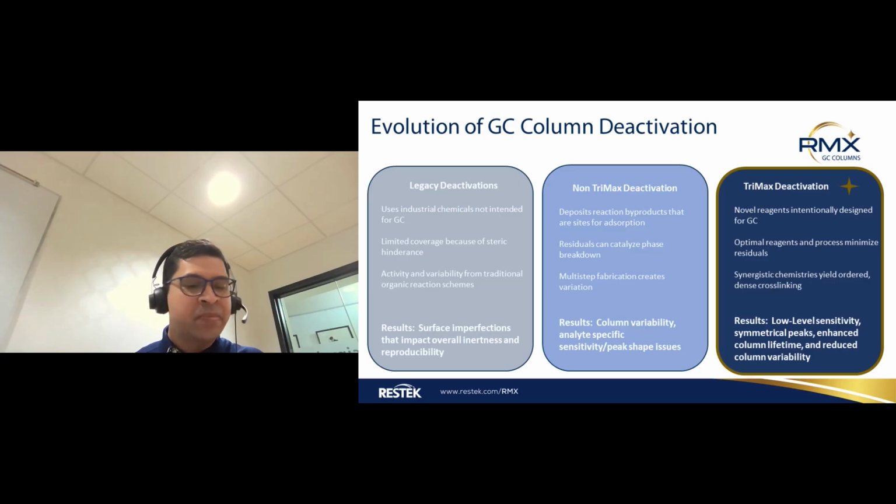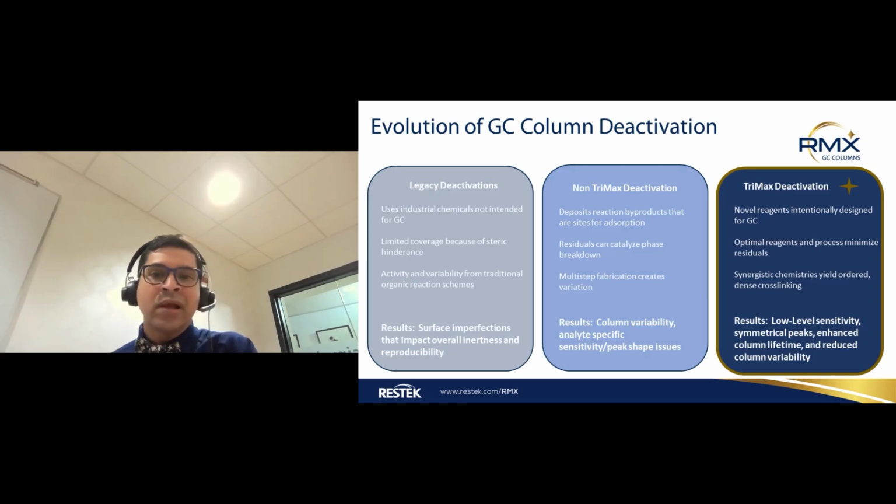So you would see peak tailing, adsorption of the analytes, and that could result in a low throughput method. Now, considering these methods were analyzed 15, 20 years ago, all those methods were looked at in ppm levels, so higher concentration. At that level of concentration, those imperfections did not matter.